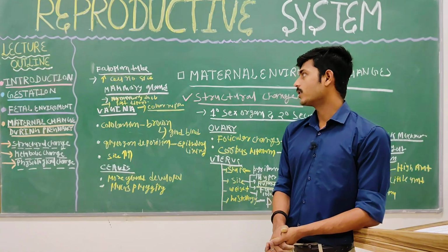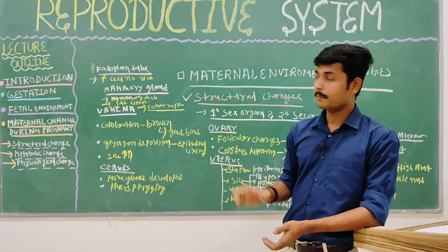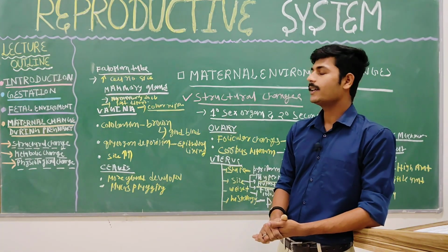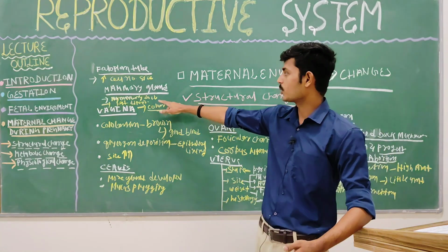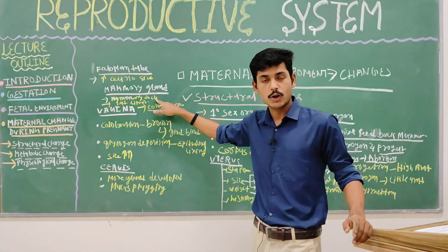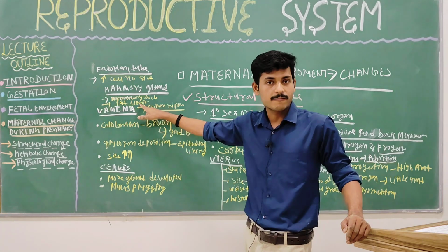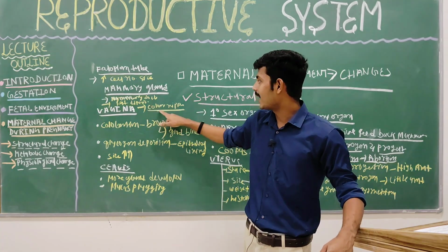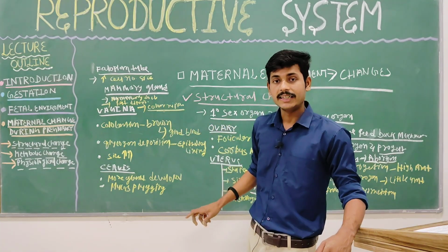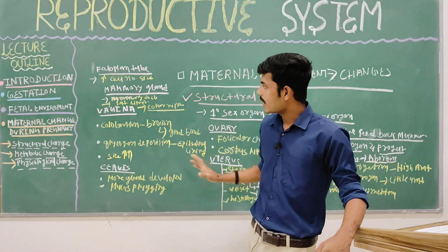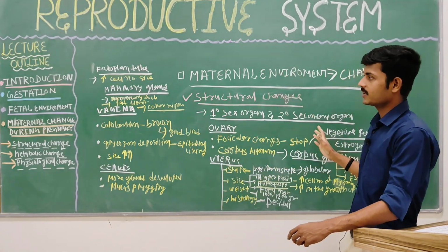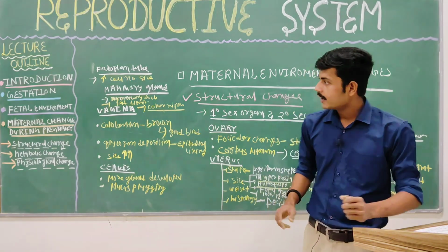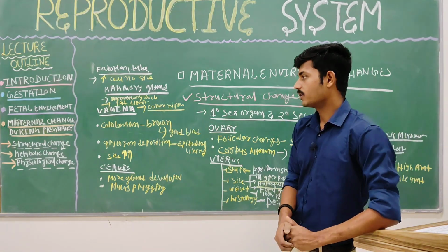If we talk about the mammary gland, the main observable changes are more formation of alveolar or mammary ducts, and a deposition of fat that leads to enlargement of the breast, along with a change in nipple color. So these are all called the structural changes during pregnancy. Now let's come and discuss the metabolic